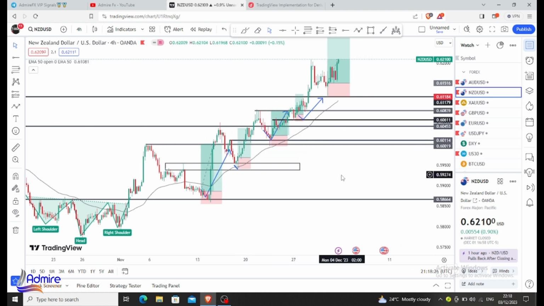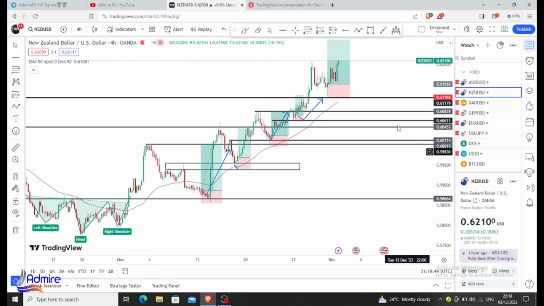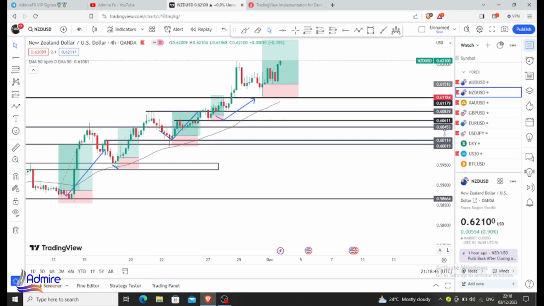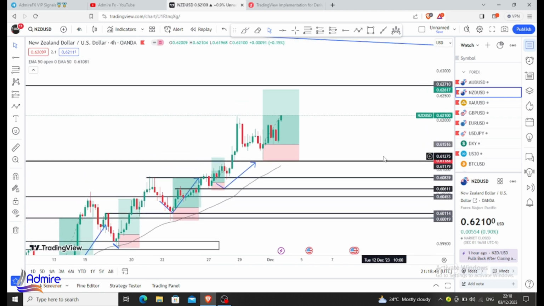So imagine what you can get if you are on our free Telegram community or on our mentorship. You would be trading the way that we trade. That's why I always keep telling my mentees that the trend is your friend. As for last week, we predicted the bullish continuations for NZD USD. If you did not see how it played out, I'm going to add the video somewhere in this clip, so watch how it happened.